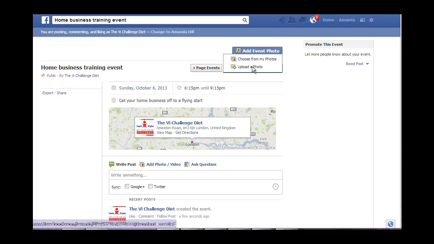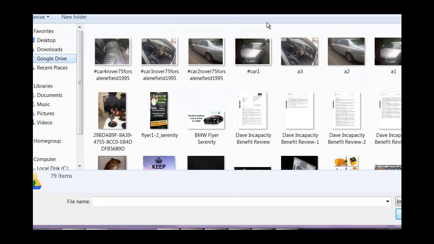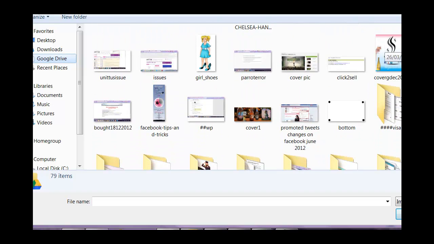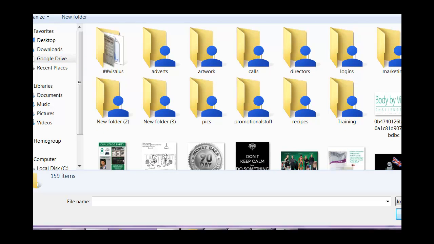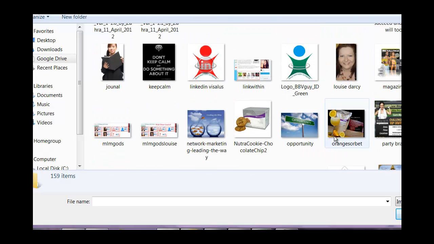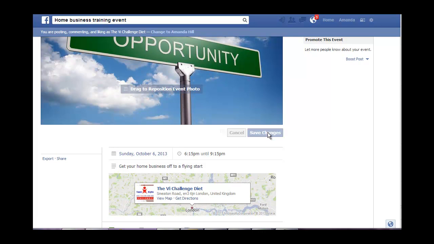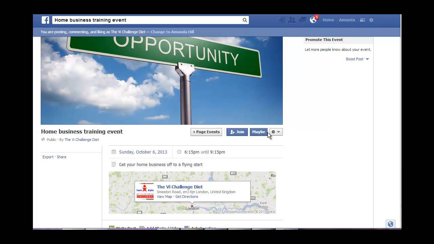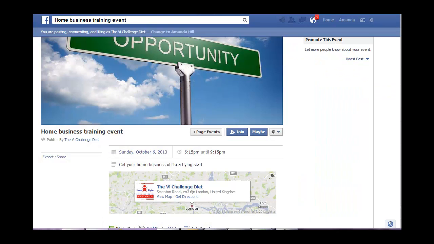Now, it's quite important that you make your events look as enticing as possible. It's like going to buy a book. So when you go into Smith's, if you buy books these days and don't do ebooks and whatever online, there's lots of things that have an option to grab your attention. So which ones are you going to pick? It's likely to be the ones that are bright, colourful, a picture that strikes you, that says exactly what you're thinking or what you resonate with. So make sure that what you put up there drags them in,